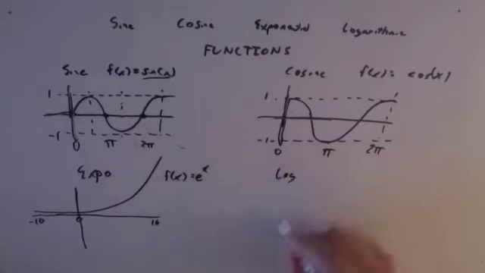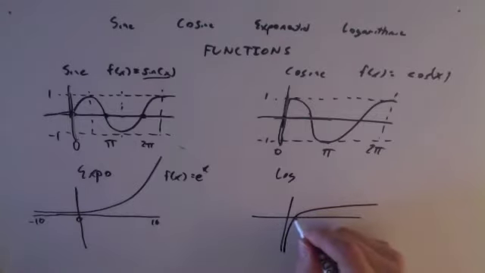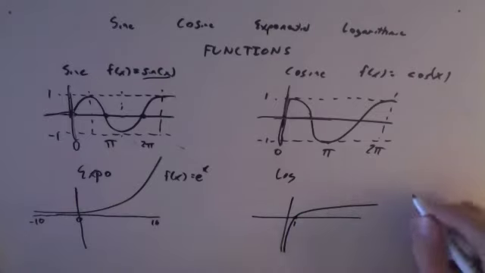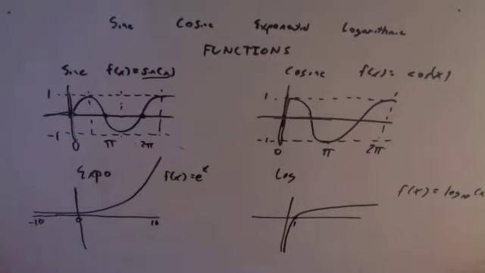And then lastly, a logarithmic function is pretty interesting. It goes up something like that, right? The point where it crosses, this would be 1. So it goes up from negative infinity, it crosses at 1, and then it slopes like this, and this function would be like f of x equals the log, say base 10, of x. Right, so these are basically the functions you're going to think